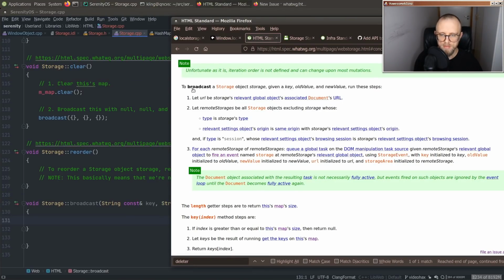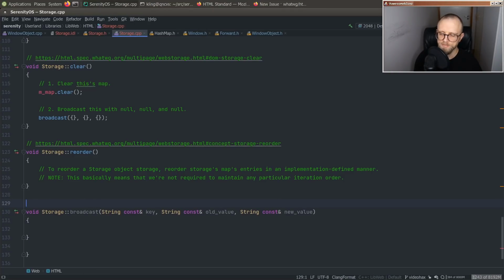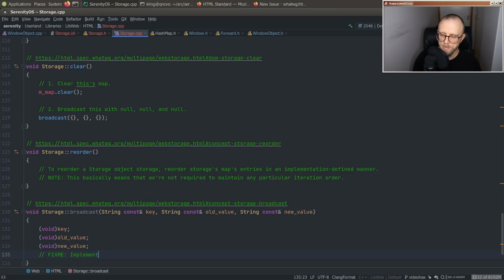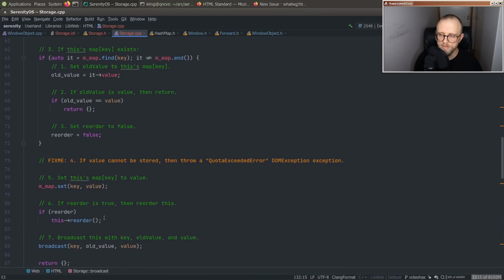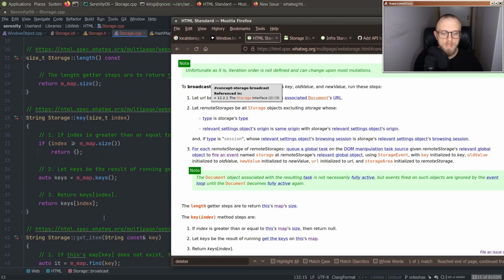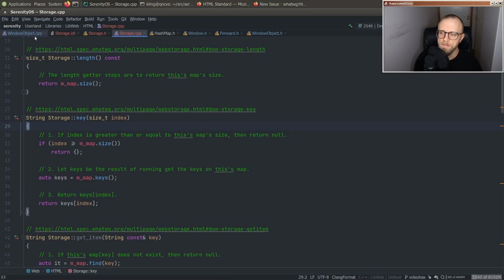So let's put that here. Yeah, this is a fix me to implement. All right. We wrote the very first storage object. Cool. Let's see if we can make